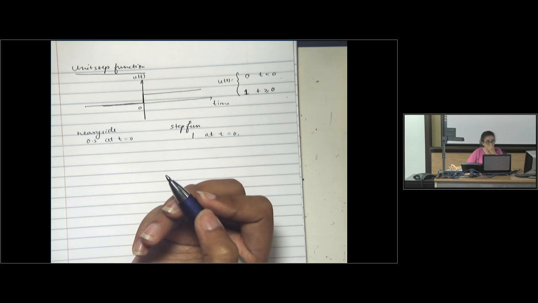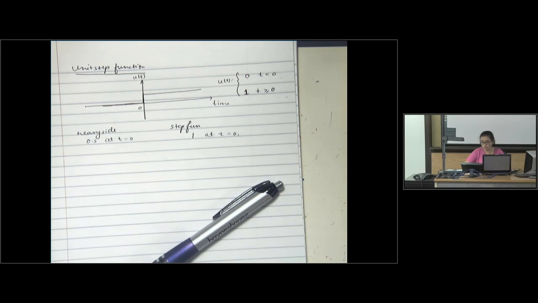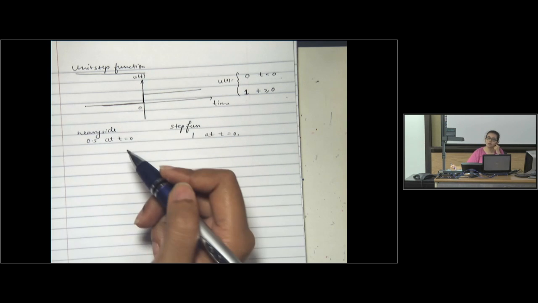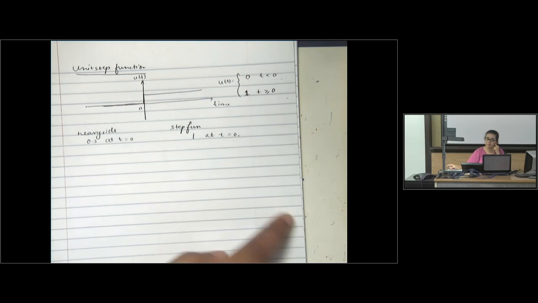Yeah. Why would you ever need to do that? Depends on your application. One is a very continuous, very smooth transition from 0.5 to 1, and one is a very drastic transition. Okay, so depends on what sort of inputs you want to supply to your system. A very drastic step or a very smooth transition? Okay, so if your system cannot handle a very drastic transition, that's when we use Heaviside. Okay,